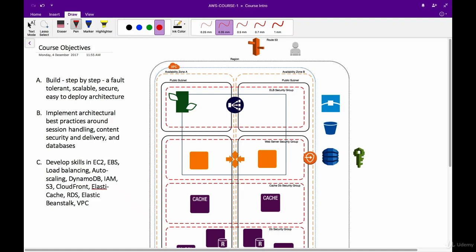Welcome. In this course, we'll build a fault-tolerant, scalable, secure, and easy-to-deploy architecture for a simple application. So the architecture diagram that you're seeing on the screen is exactly where we want to end up at the end of this course, right? And if this seems a little bit daunting, don't worry. Okay, don't worry, because we'll be implementing this step by step, and we'll have 8 modules,